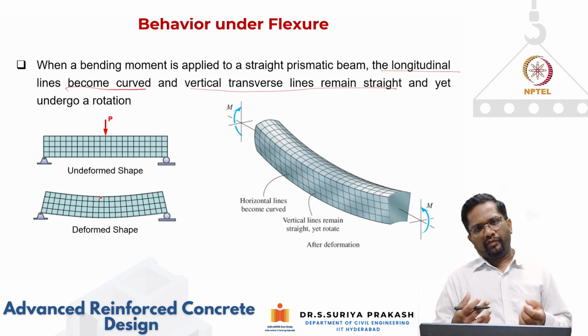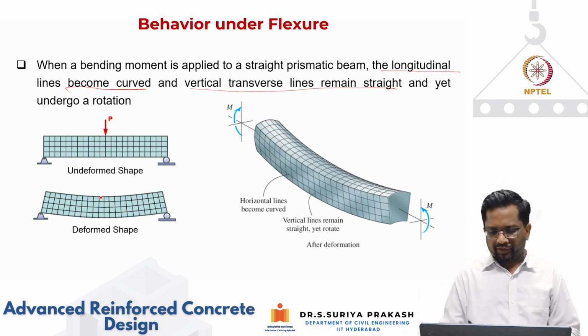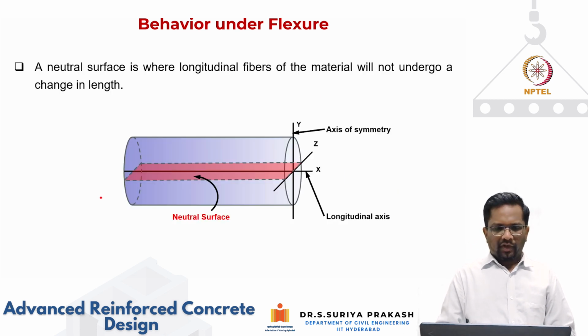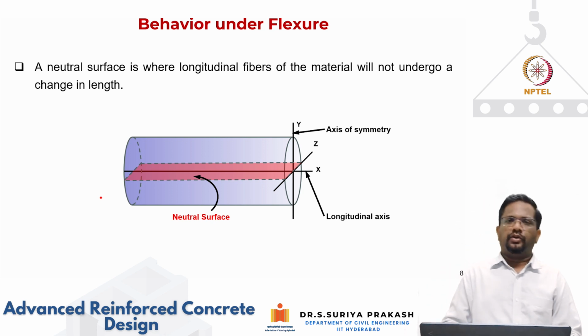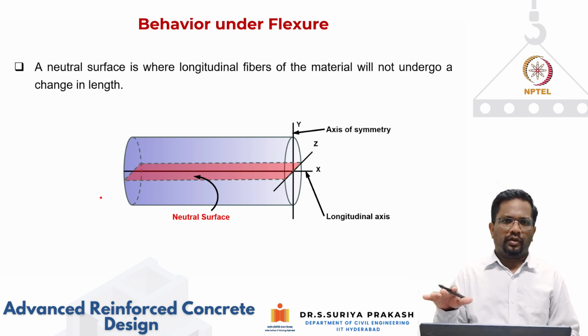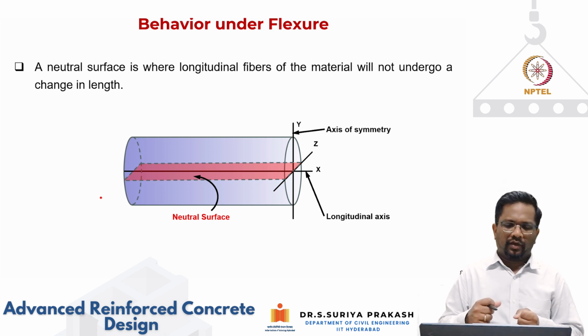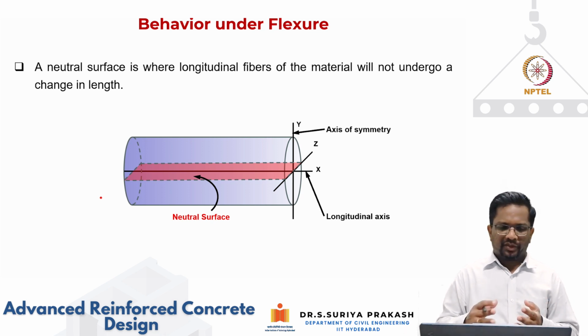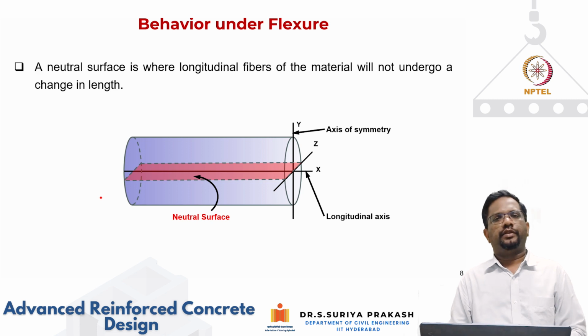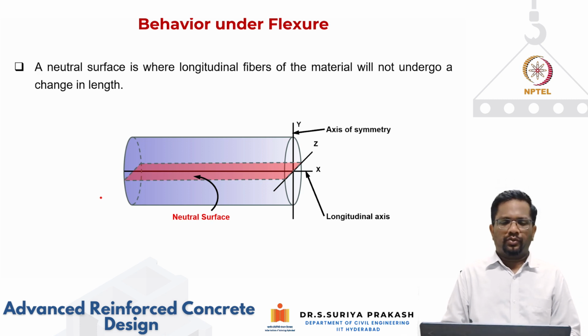So the bottom is going to have tension and the top is going to have compression. So we know this, correct. Then also to define, there is a location. If you look at it in a three-dimensional fashion, there is going to be a surface along the longitudinal length of the beam where the fibers will not undergo any change in length, or any deformation. That surface is what we call a neutral surface,